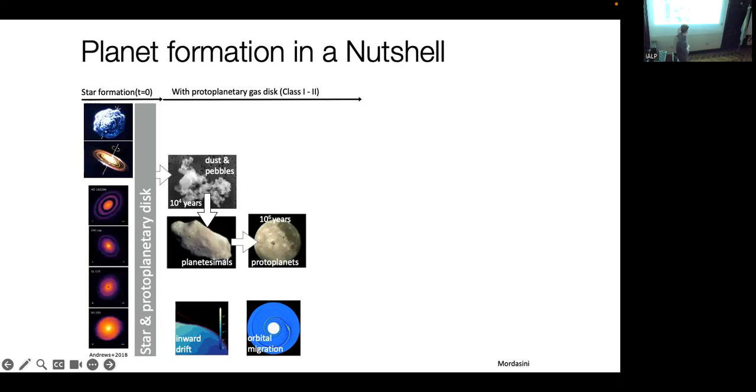So this puts a sharp constraint on the formation timescales of these so-called protoplanets that grow through the collisions of these planetesimals, we believe. For the dust and pebbles, these experience radial drift due to the headwind of the gas disk, since it's partially pressure supported. And then also on the size scales of protoplanets, we get radial movement, but due to a different effect, which we call orbital migration, which you will see the effect of in our simulations later on in the movies, and which also leads to inwards movement of these protoplanets on quite short timescales, depending